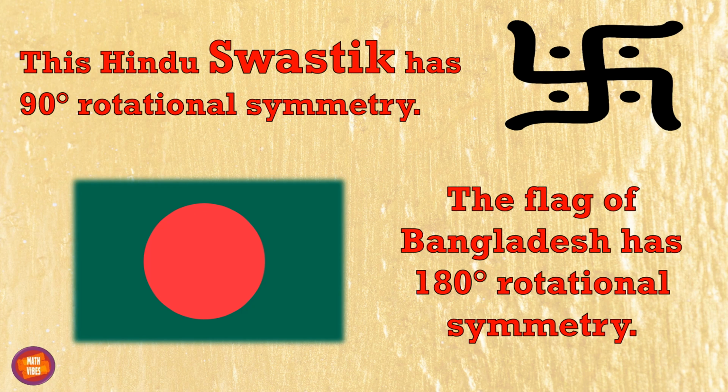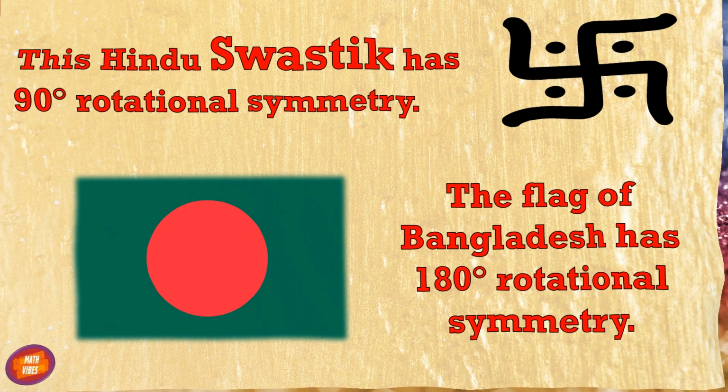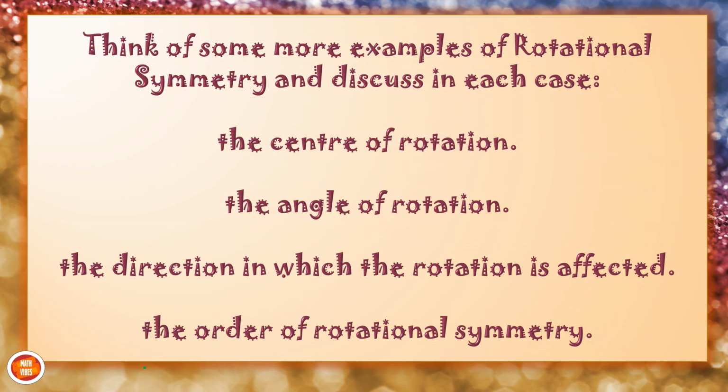Okay, now one important thing that you should keep in your mind: think of some more examples like these from your real life situations which have rotational symmetry. Think of such cases, and when you have thought of these examples, then find out in those cases what is the center of rotation, what is the angle of rotation in which it has rotational symmetry, and